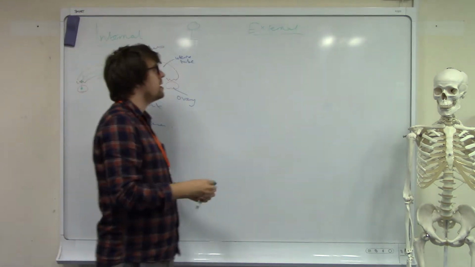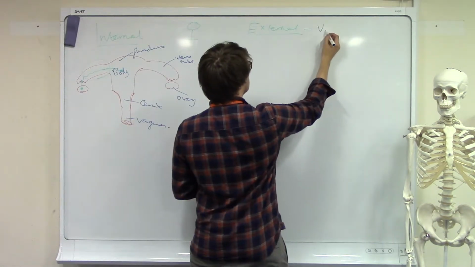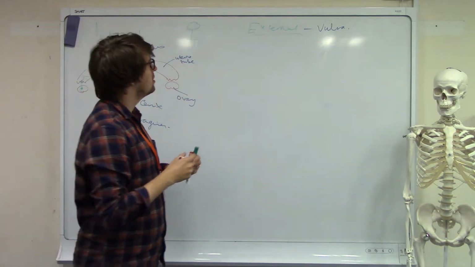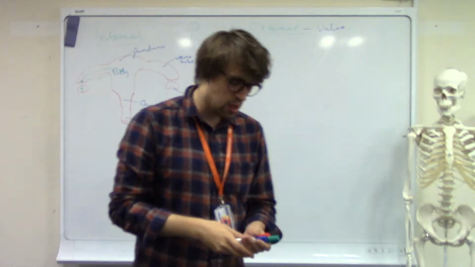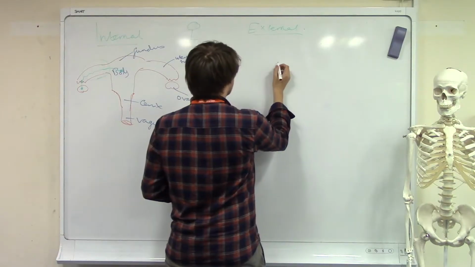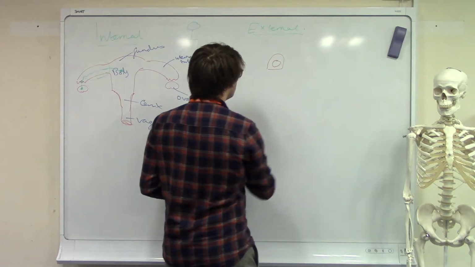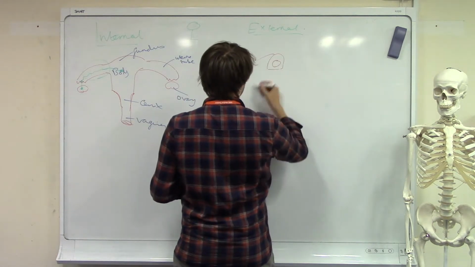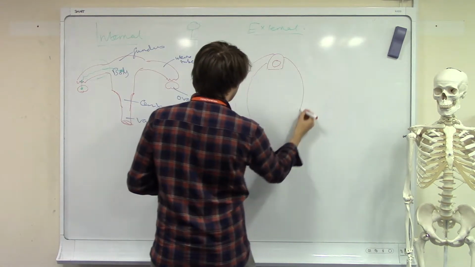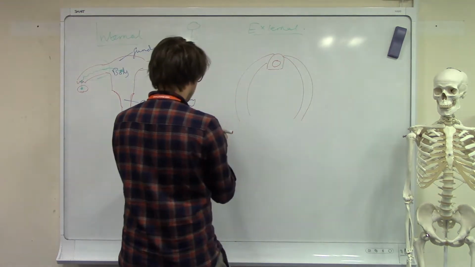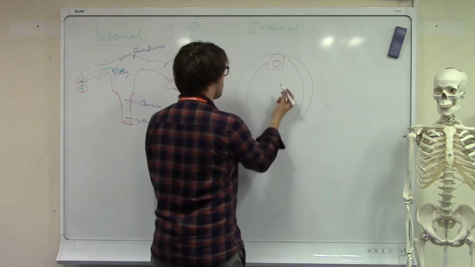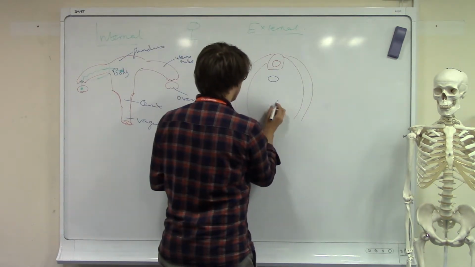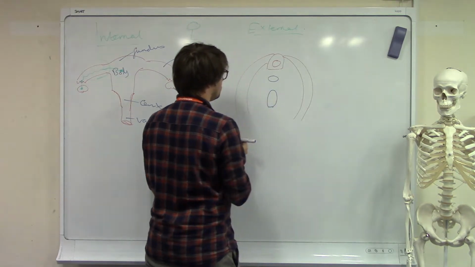Now external, many different names for this region. So we're going to call it the vulva. So the vulva has a few different areas. We'll go into the major ones here. We start with the prepuce here, which is the hood that surrounds the clitoris. Okay? Now, on the most lateral borders, you have the labia majora, which run like this. You have the external urethral orifice, most anteriorly, and then you will have the vaginal orifice, slightly lower down,